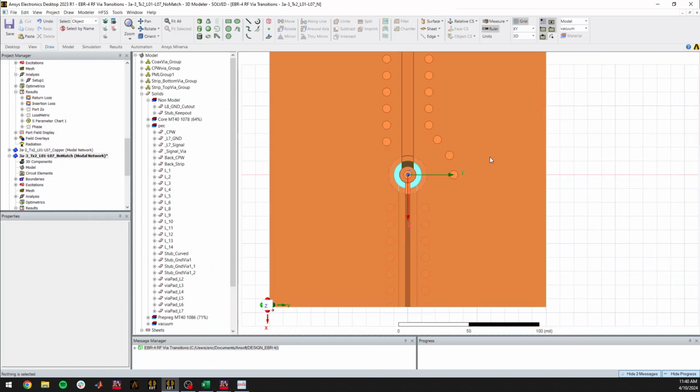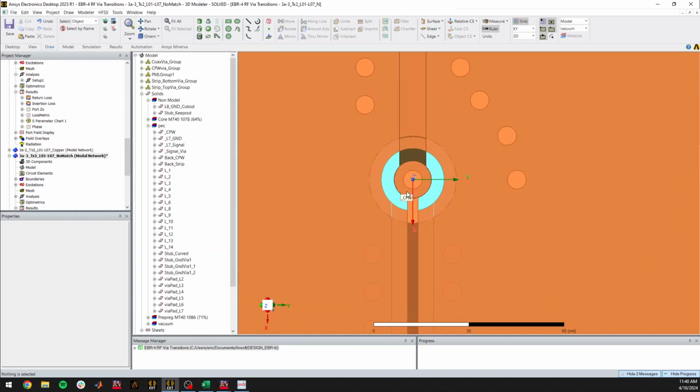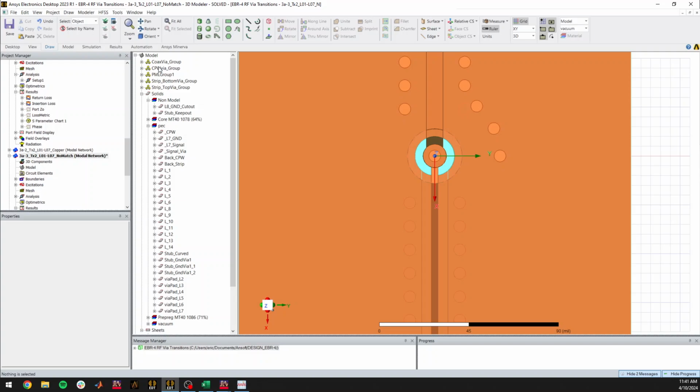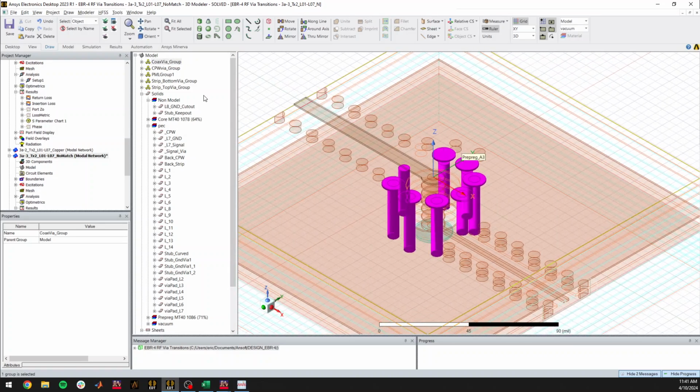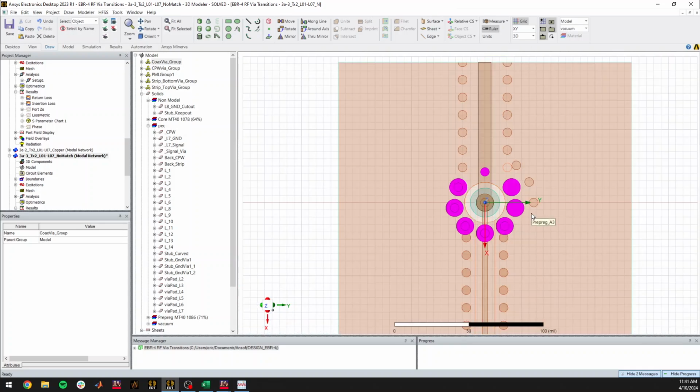But you can't just have that signal via, because otherwise you have no ground. That signal is then able to leak out, or it could radiate, or it could resonate within your PCB, which is not something you're looking to do. Or maybe it is, but in this case we're not. There are some details that I'll gloss over here, but one thing, in order to design that coaxial structure, you